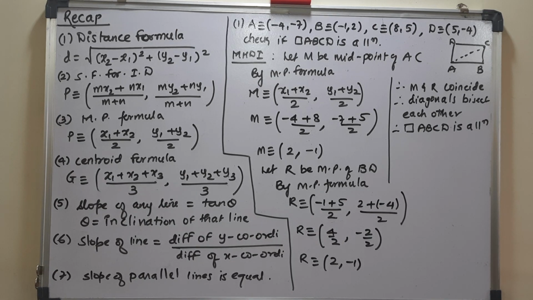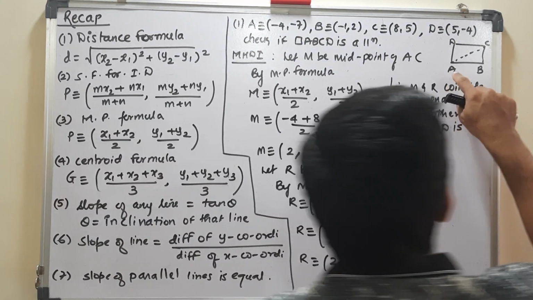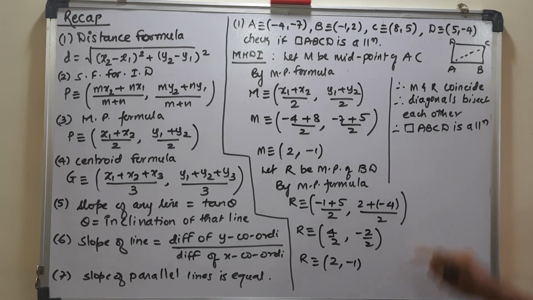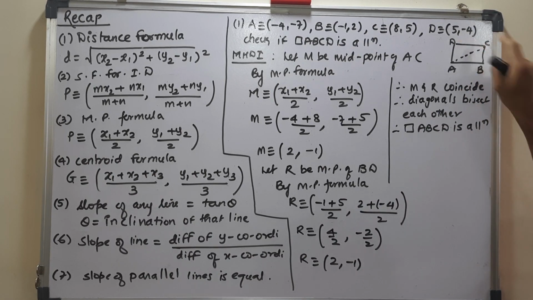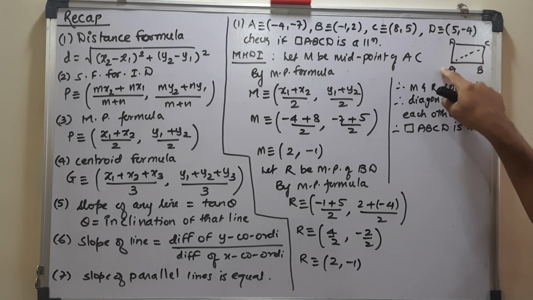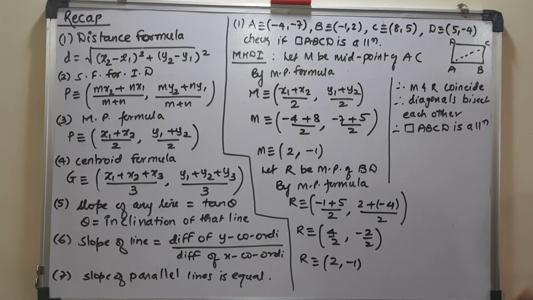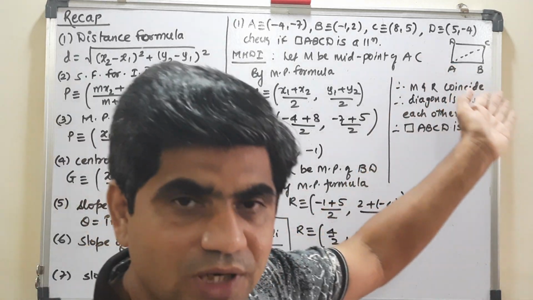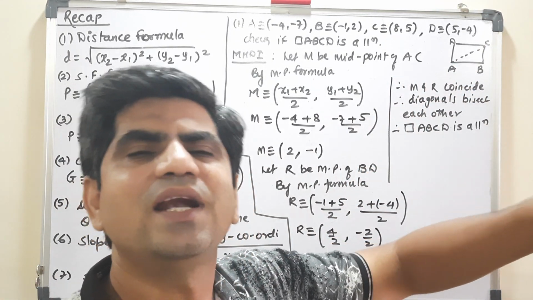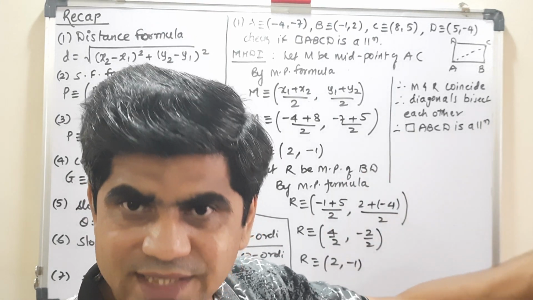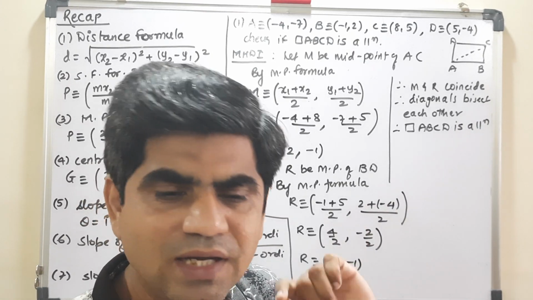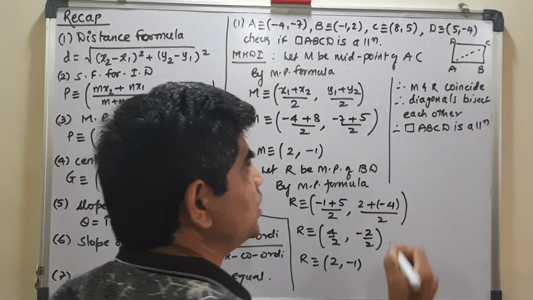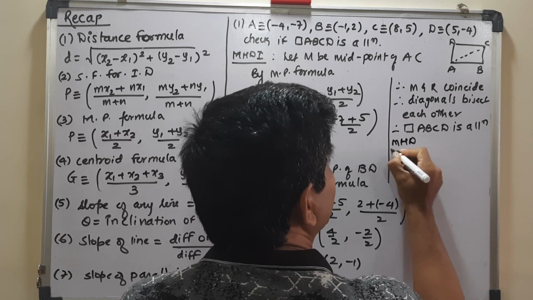You will be finding the slope of AB, slope of BC, slope of CD, and slope of AD. The slope of AB must be equal to the slope of CD, and the slope of AD must be equal to the slope of BC. Since all the points are distinct, these lines will be parallel to each other, and since opposite lines are parallel, the given quadrilateral becomes a parallelogram. But this is quite easier if you want to go by method 2. So let me do it in short.